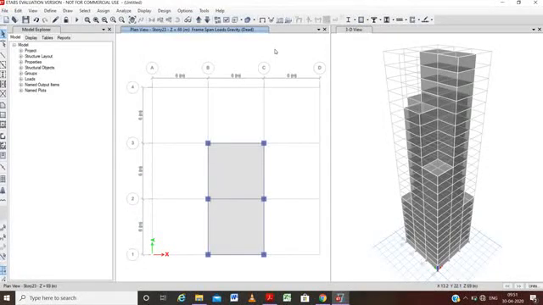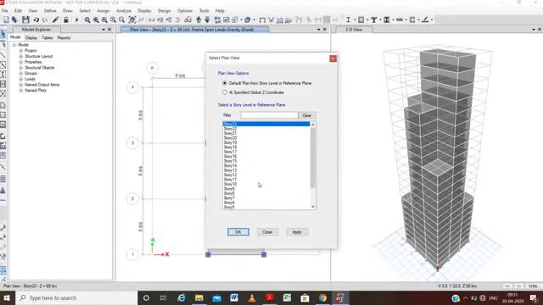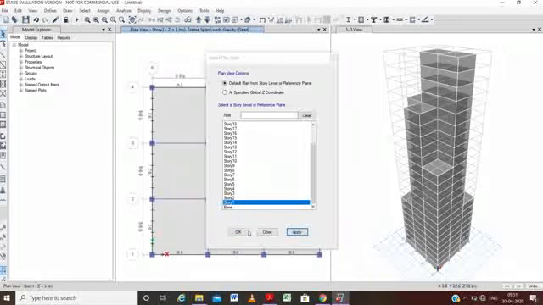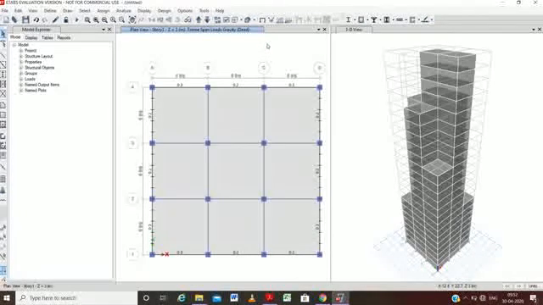Here we have now coming towards the analysis process of this building, because we have provided all the loads, we have provided the wind load, we have provided the dead load, and we have modeled our given structure as per the given dimensions and given data. Now I have to just analyze this and watch what happens.